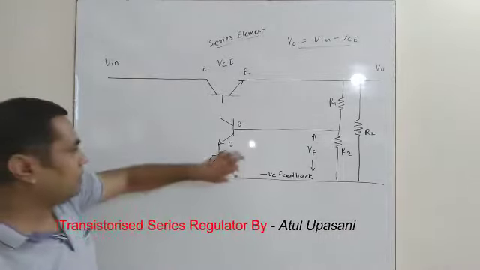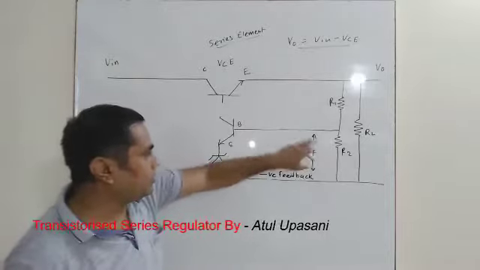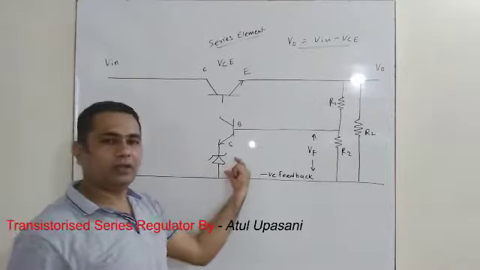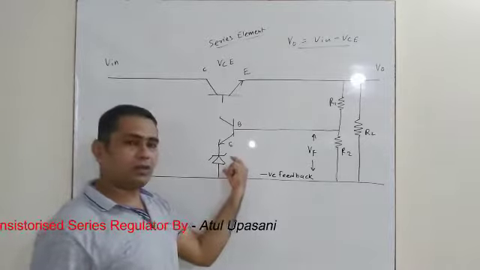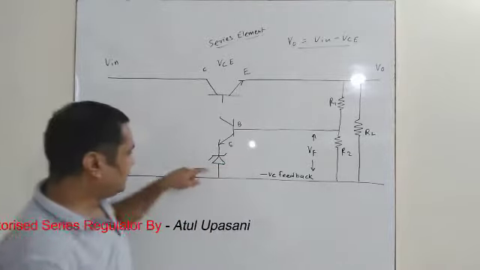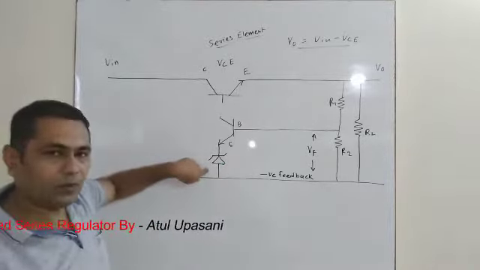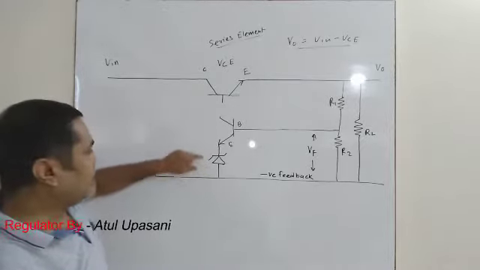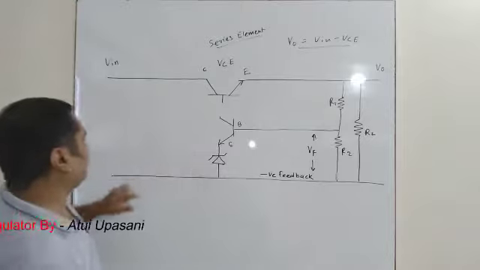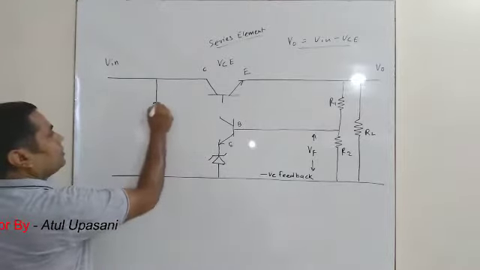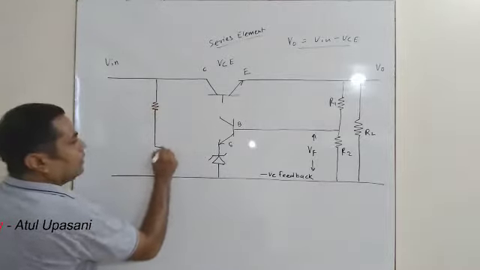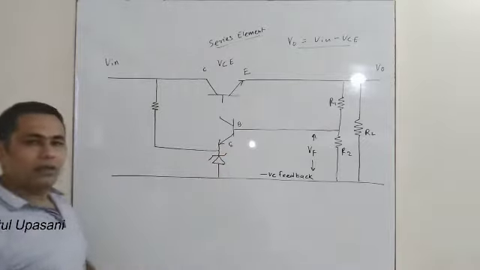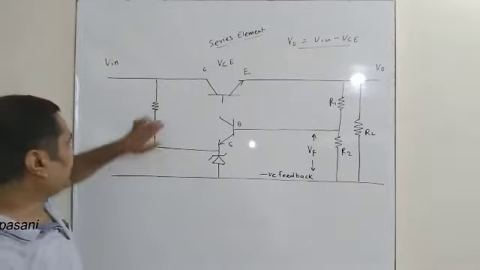Why Zener? Because the feedback voltage should have a constant value here. So for this, a Zener regulator or Zener diode is connected. See, this diode is connected in reverse bias mode, so that is why it will be used as a regulator. And the fluctuations in the current will be manipulated using a resistor, and it is connected to the anode of the diode.